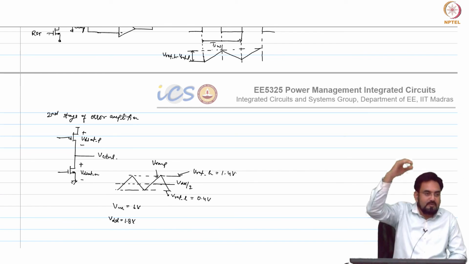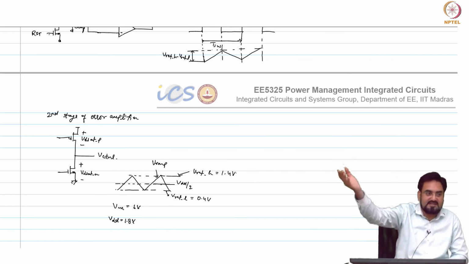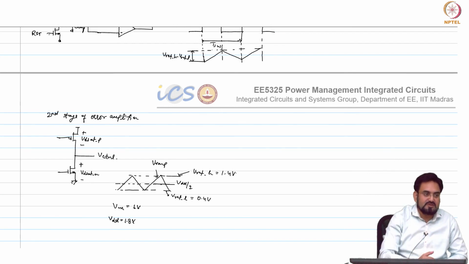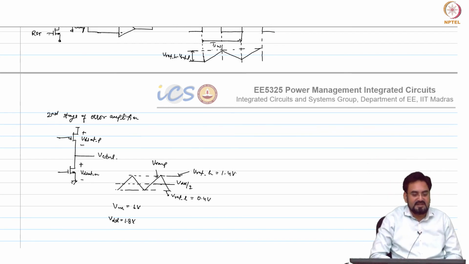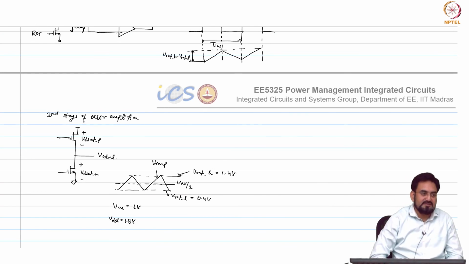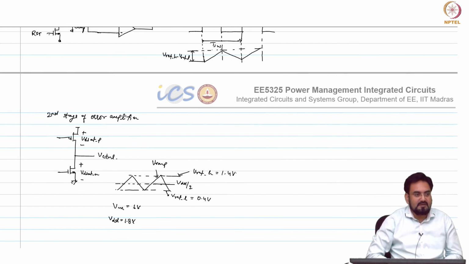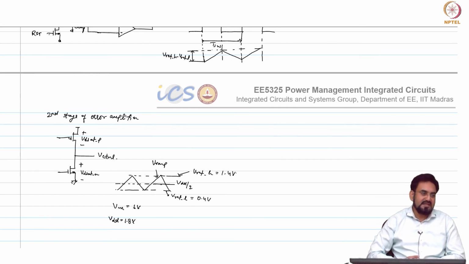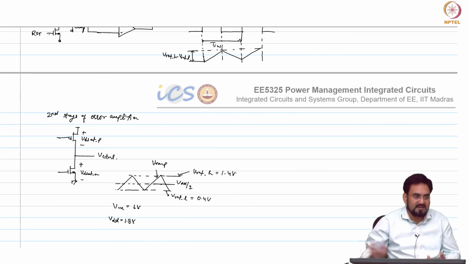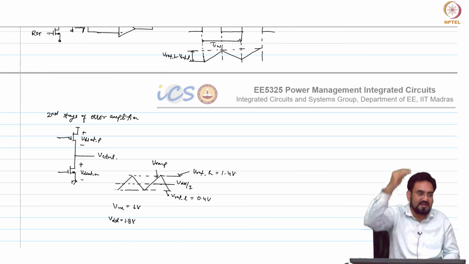So even when you are operating at the lowest duty cycle or max duty cycle, let us say close to 0% or close to 100%, you ensure both the devices are in deep saturation. Otherwise what would happen? Your gain will drop. So your loop gain behavior may change, your UGB may drop, your DC gain has dropped, and you may even get a large output error if you are operating near 0% or 100% duty cycle.